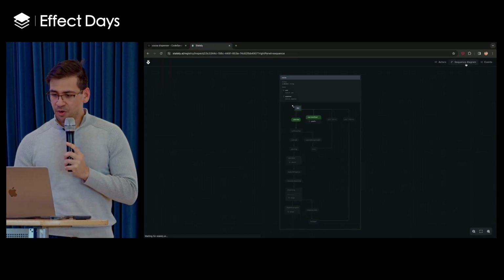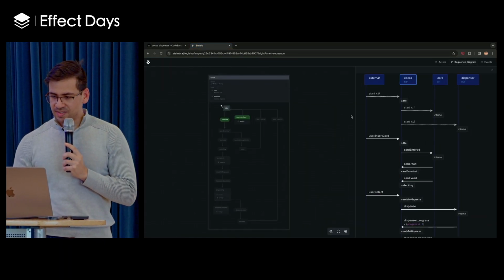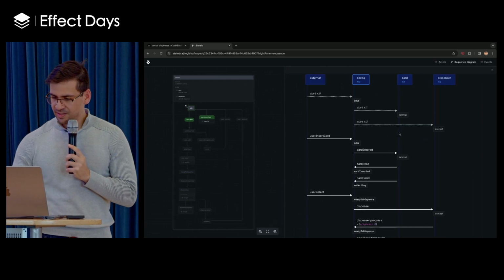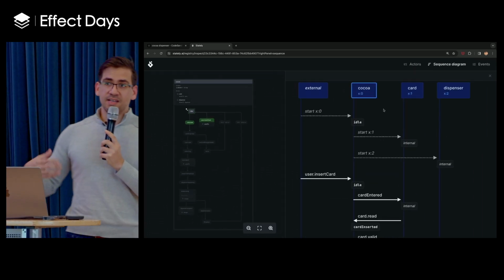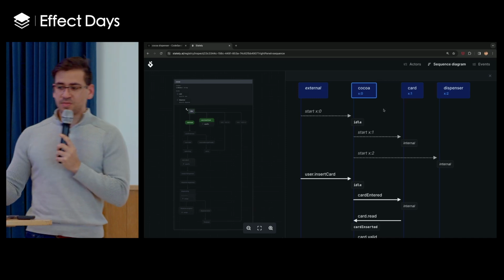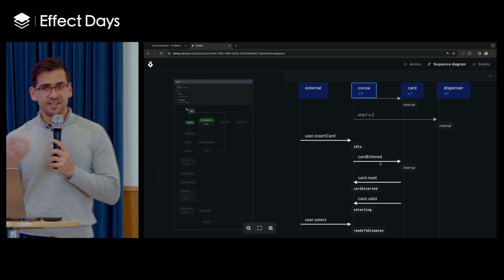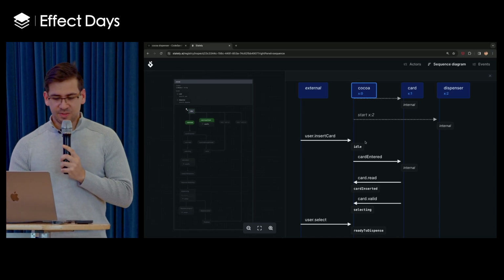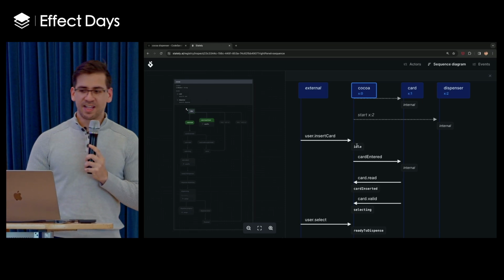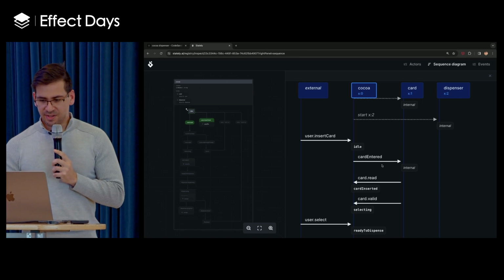So if we go back here, we could actually see, and I'll zoom in a little bit, that we have generated a sequence diagram of all of those actors communicating with each other, which I think is extremely valuable. And this is really why I want actors and effects, so that we have open telemetry, but I really like sequence diagrams too.